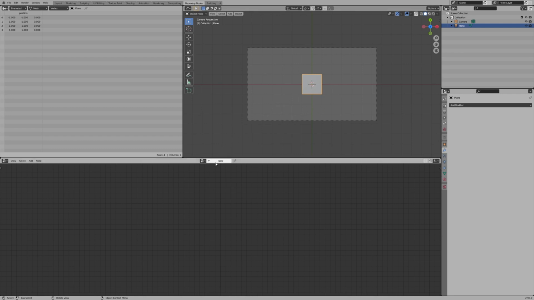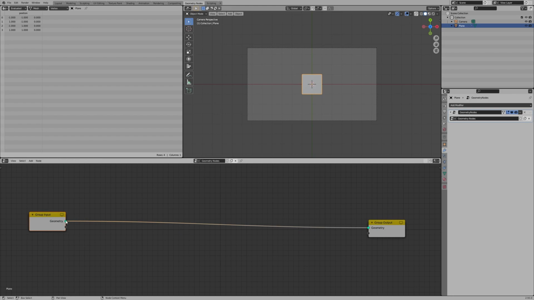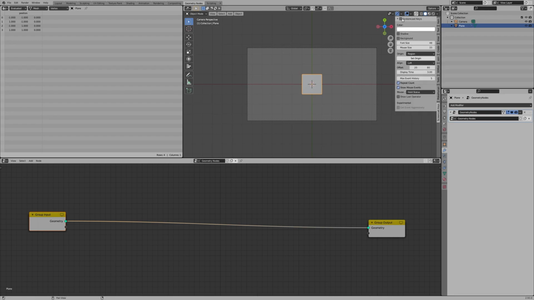And now with our plane selected, we're going to press New to add a brand new Geometry Node setup. If you don't see the Geometry Nodes tab in your Blender, make sure you're running 2.93. So, the geometry comes in here as a plane, but we want it to fill the entire screen. The entire camera view anyways, so we are going to turn on screencast keys so you can see what I'm